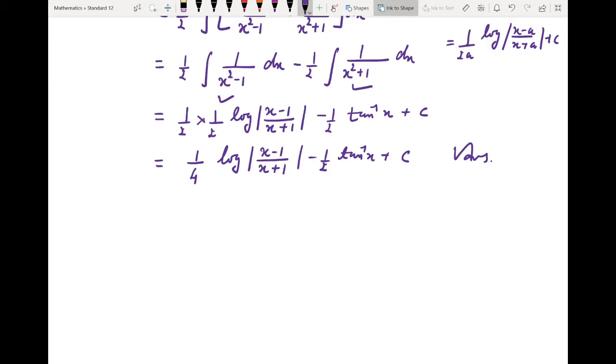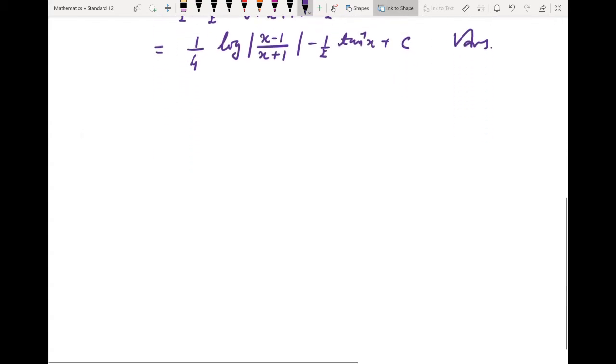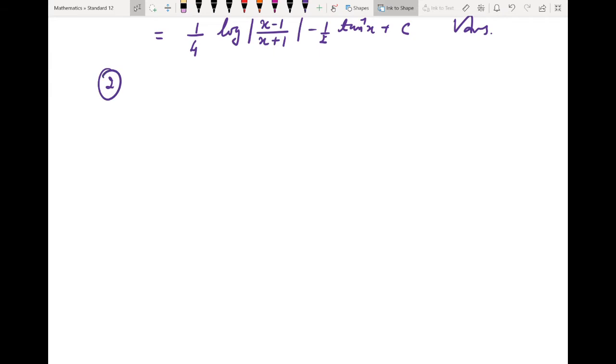In method 1 you have to evaluate unknowns a, b, c and d if you use method of partial fraction, and by rearrangements of numerator with the help of denominator you can convert it into the standard form. Second example, integrate 1 upon x raised to n plus 1 dx.